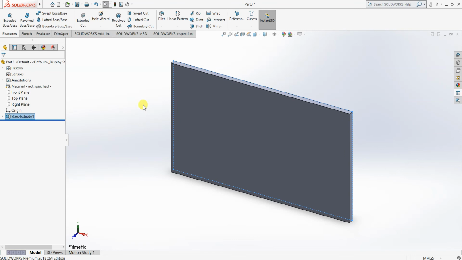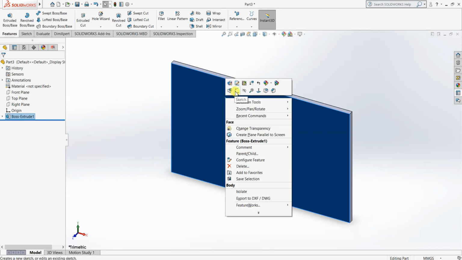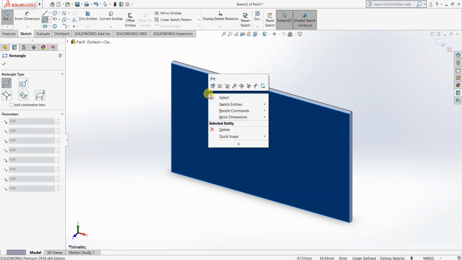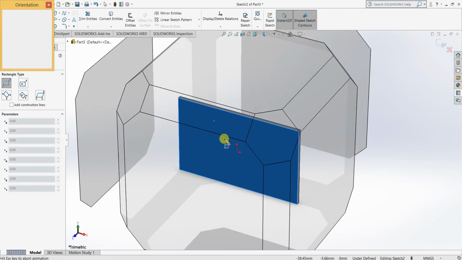Again I need to draw another rectangle on this section. So I'm selecting this plane, right clicking, and after that I am going to select the sketch option. Again I'm going to draw a rectangle. I need to make it the default view. For that I am just using the space button on the keyboard.